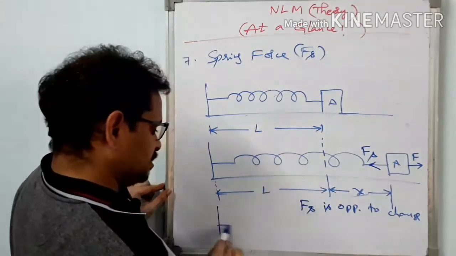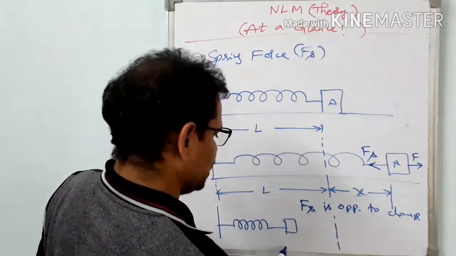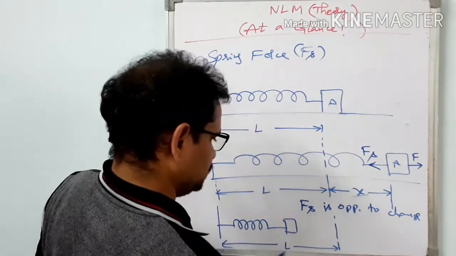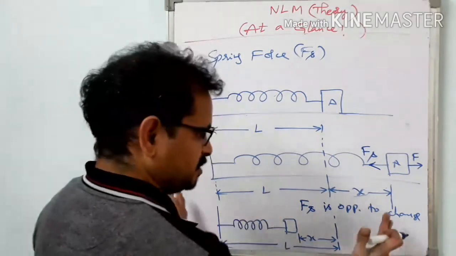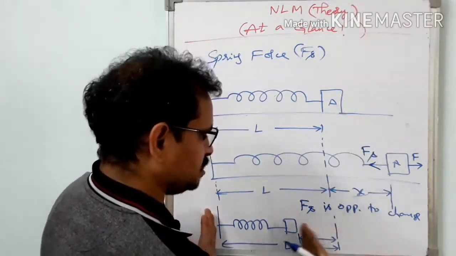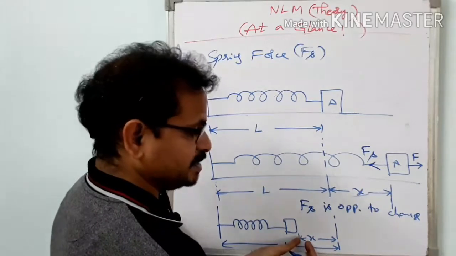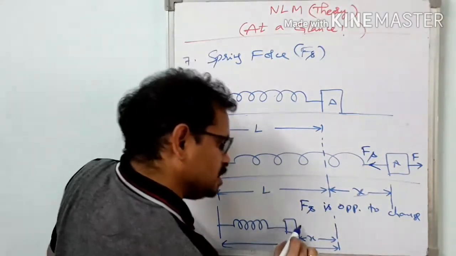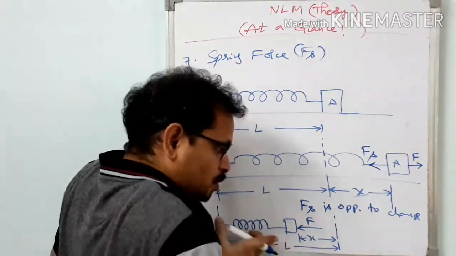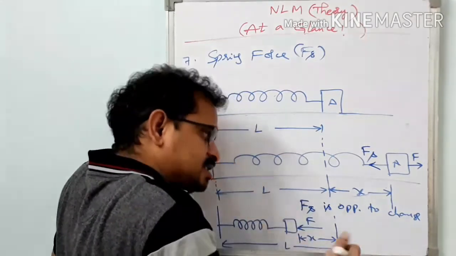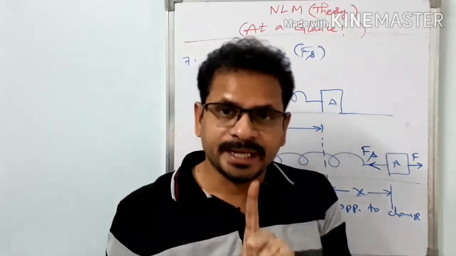Suppose the spring is compressed, then in this case, this is the natural length L. This X is the decrease in length of the spring. When the spring is compressed from its natural length, it is compressed like this, to a distance X here. So the change in length is a decrease by X here. In this case, in which direction? This external force is acting in this direction so as to compress. In which direction will the spring force act now? It has to oppose this change in length. So the change in length is leftwards, so it is acting rightwards now. This is spring force. So you got the direction of spring force now.